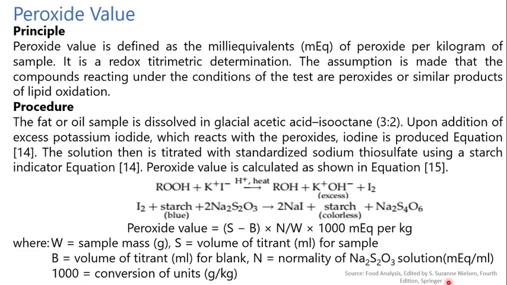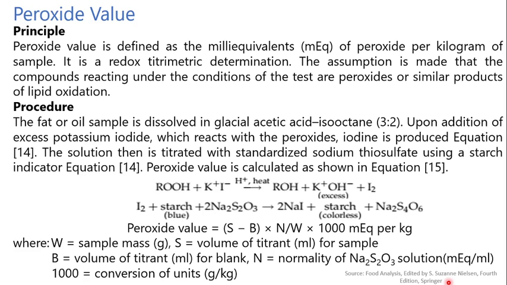So the procedure. The fat or oil sample is dissolved in a glacial acetic acid isooctane mixture in 3:2 proportion. Upon addition of excess potassium iodide, which reacts with peroxide, iodine is produced. The solution is then titrated with standardized sodium thiosulfate using a starch indicator. So the peroxide value is calculated